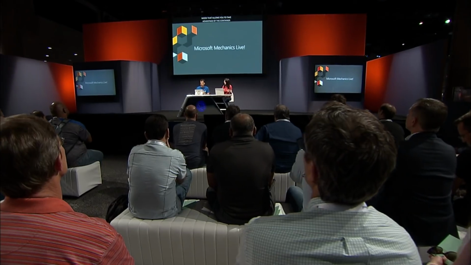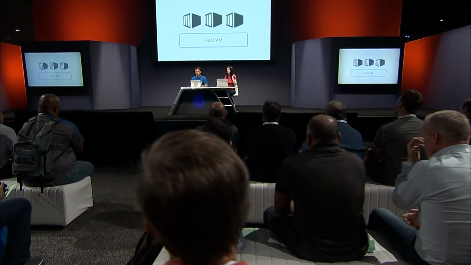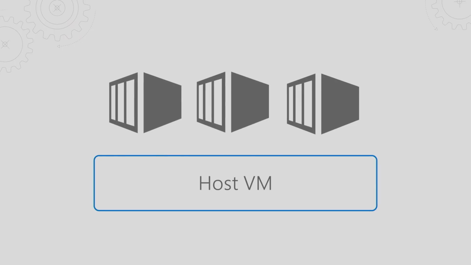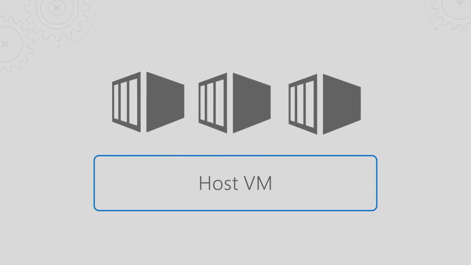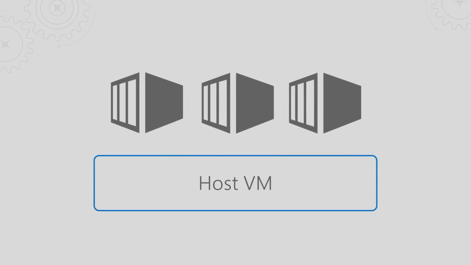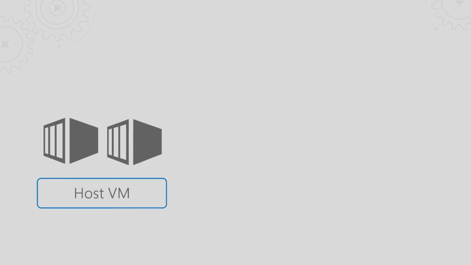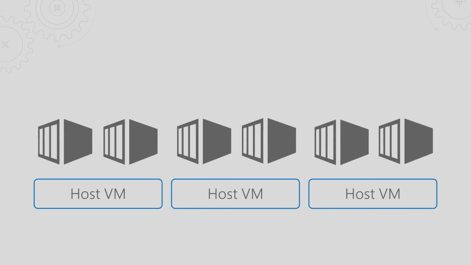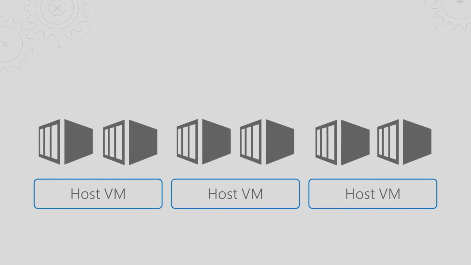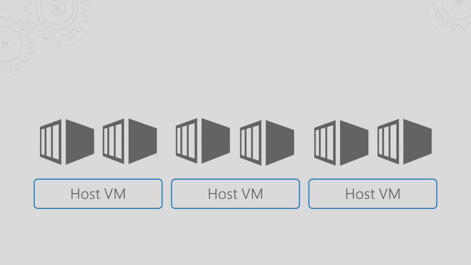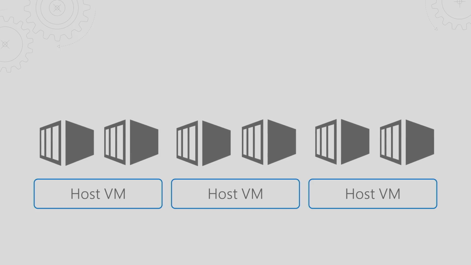So how does this change things? Let me give a visual. You seem like a visual sort of person. Yes. So let me try and paint a picture here. Ultimately, containers run on VMs. And with just about every container service out there, you need to provision those host VMs first before you run your containers on them. So when you're scaling, you have to create the VM first before you can provision more of the containers on top. Even using a managed Kubernetes service requires those VMs to be scaled first.